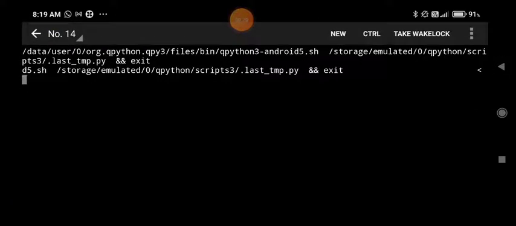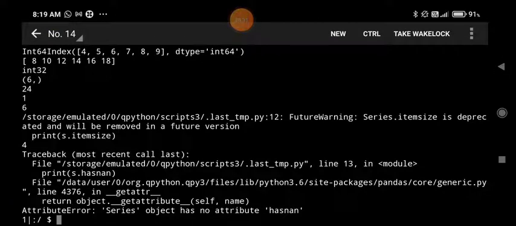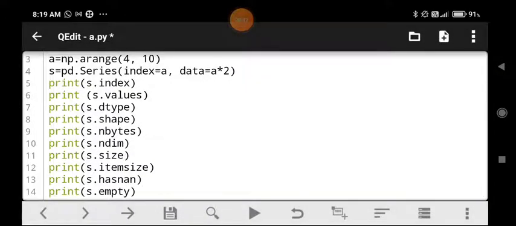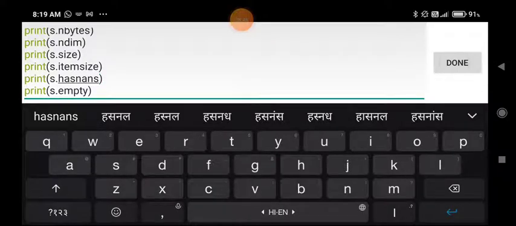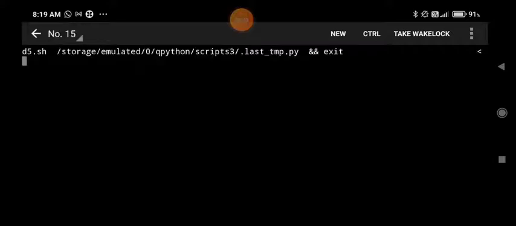So now you can see, students, I have used all of them. We are getting an error message in hasnan because it should be written like hasnans. Now if we try to execute it again, we will get the output.